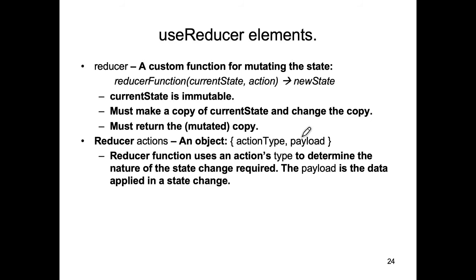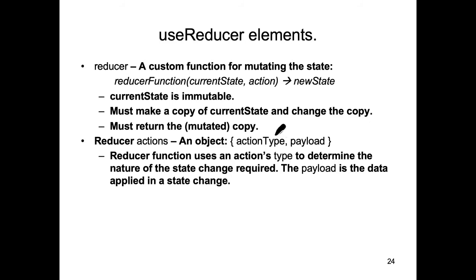And so an action is something that we pass to our reducer, as indicated up here. And there will be different types of actions for your particular problem domain. And that's something that I guess you determine as part of your design and your modeling. What are the different types of actions, and what is the payload associated with each action? And then what is the change that needs to happen to the state if that action is triggered, if you like? So as I see here, the reducer function uses the action type,